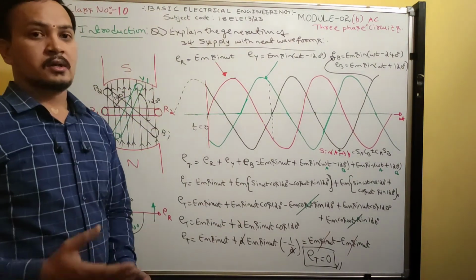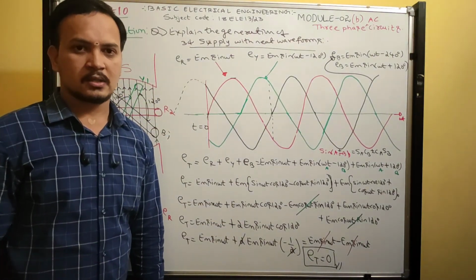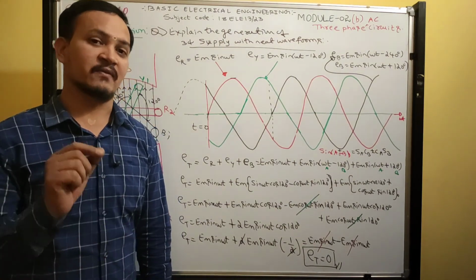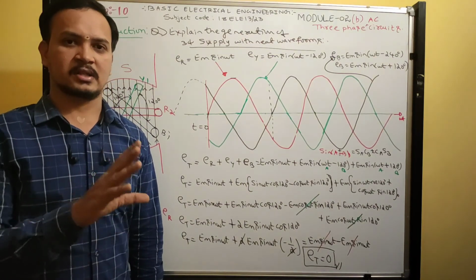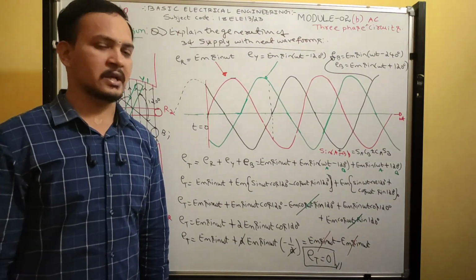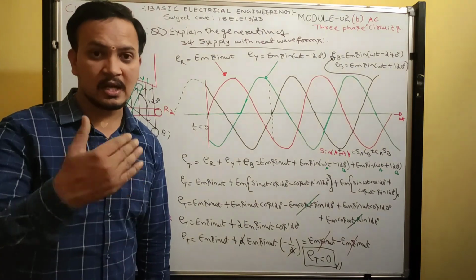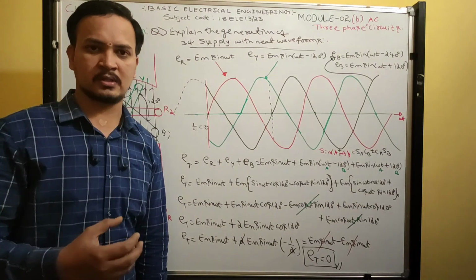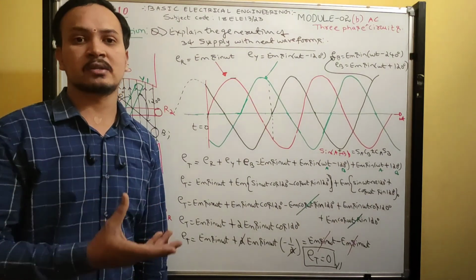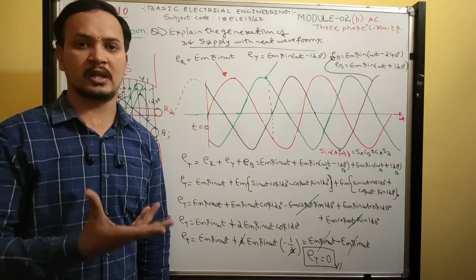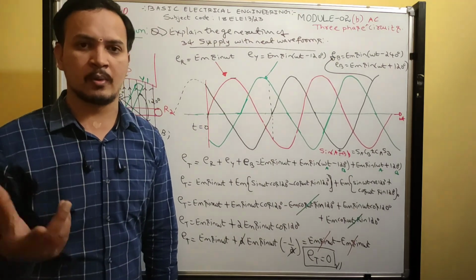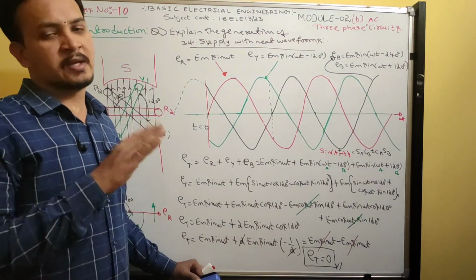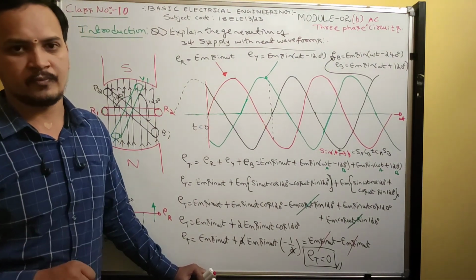In the next video we will cover the concept of supply current, line current, line voltage, phase voltage and phase current, all these things for star and delta connected systems. So the next class is very important. From the next class onwards, whatever we are learning in the derivations, all those equations and outcomes, we will use in problems. Around 4 to 6 formulas we will get from the derivations, and the same formulas we apply to the problems.